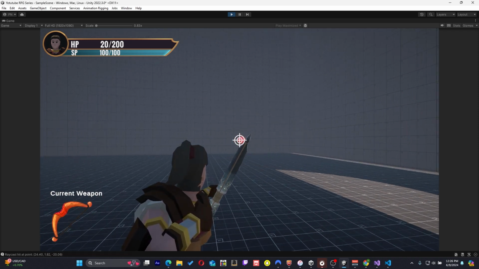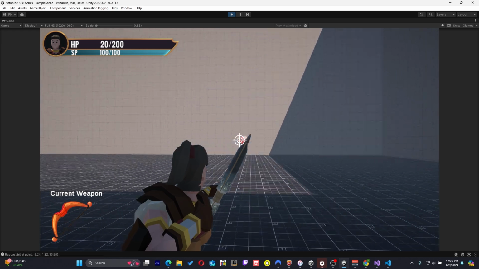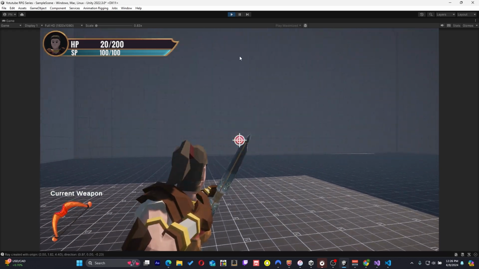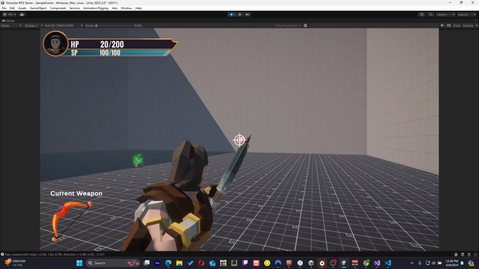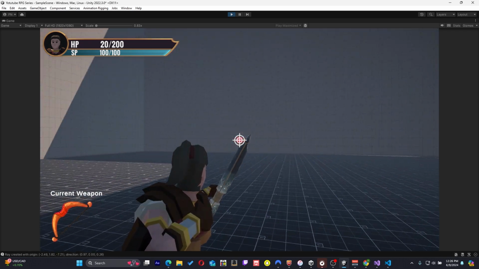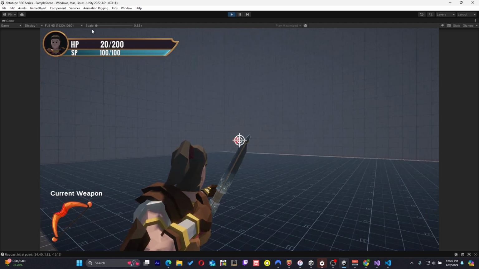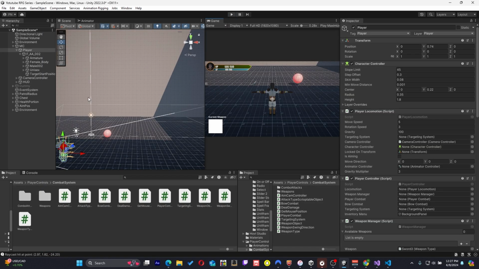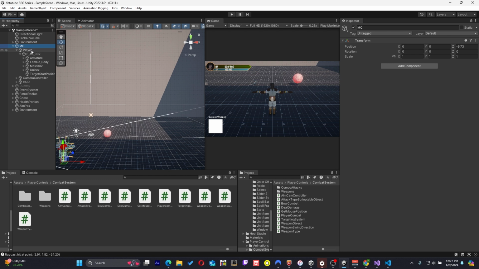So you can see that player is about to aim exactly where we are aiming. Forget about the walking for now, but this is what we are going to be trying to create in today's episode. The last time I left, I think I'd left you guys having created a rig,